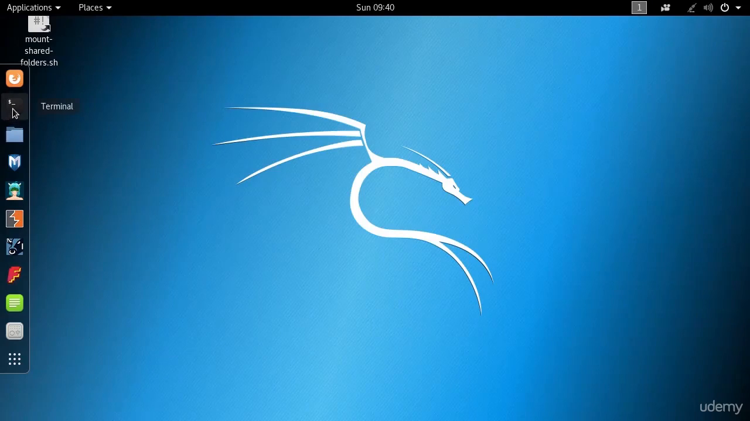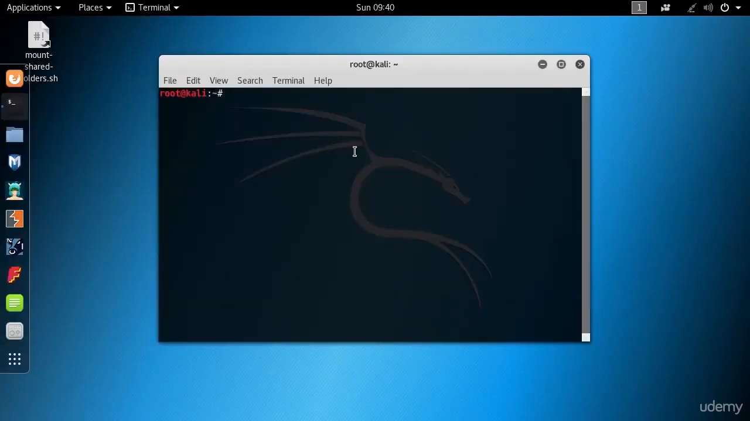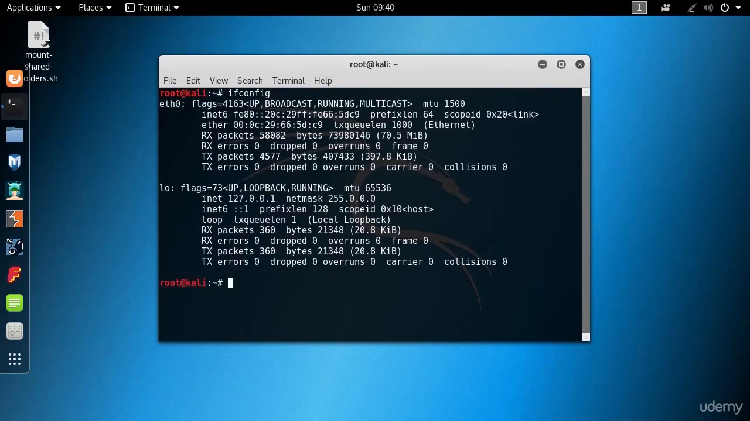We'll first open a terminal window and see what are the network interfaces. So at the moment, there's no wireless interface. Let me connect one wireless NIC, USB NIC,